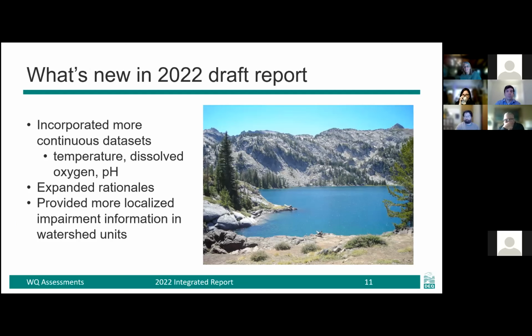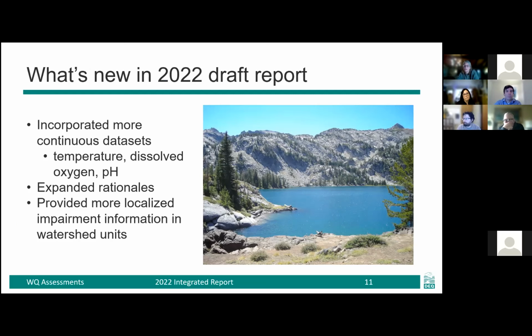All right, so what's new in 2022? In 2022, we incorporated more continuous data sets for more parameters. In the previous cycle, we assessed continuous data for dissolved oxygen and temperature. In this cycle, we also assessed continuous pH data, like Leslie mentioned earlier with our new methodology.